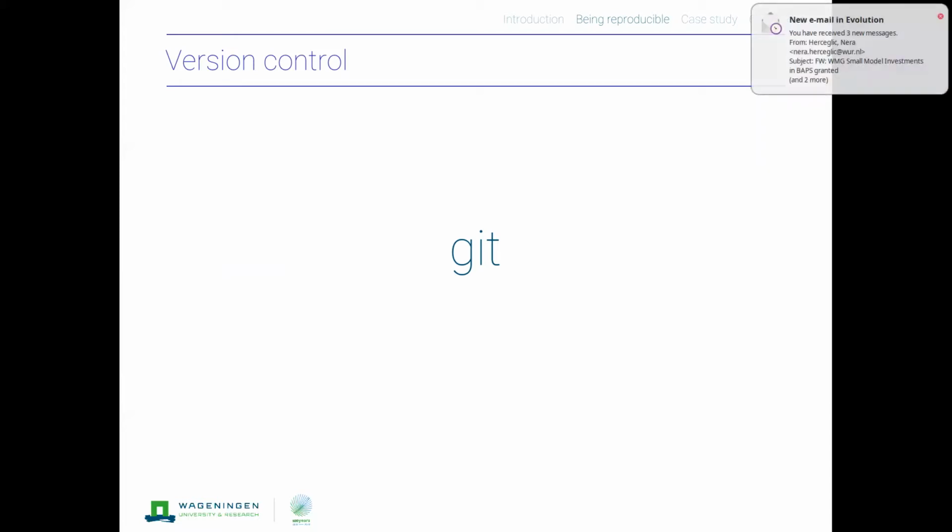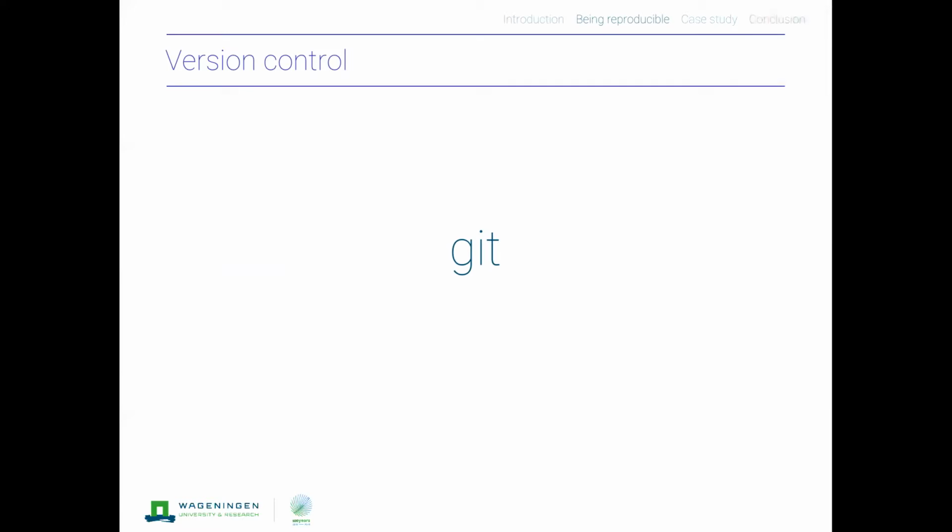SVN used to be the standard. Nowadays, I think most people will use Git. And if you don't know what Git is, then find out, because it will change your life in a very good way. It's quite easy, but I'm sure most of you will already know it. I think I saw a reference to a GitHub R package in the talk by Claire already earlier today. So that means Git is more or less a well-known way of organizing data, scripts, and also results.